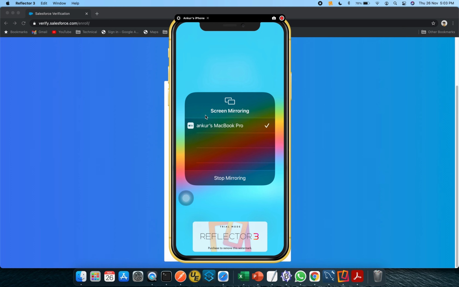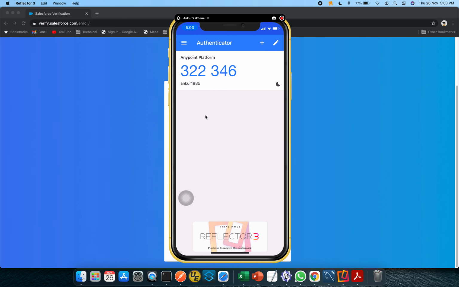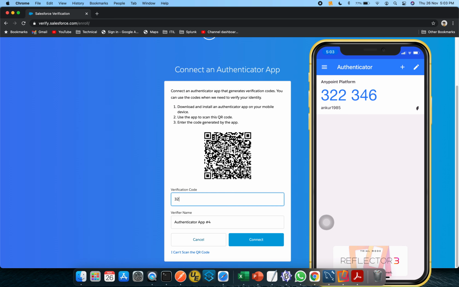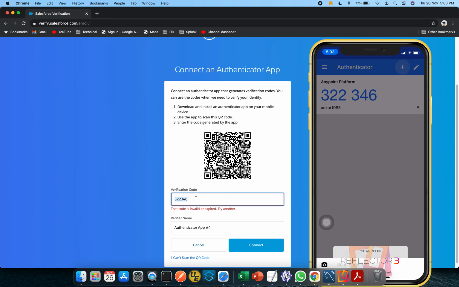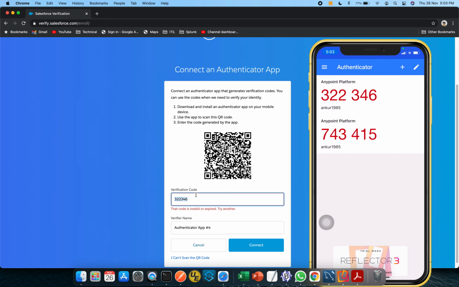So now I'm on my mobile. I will go to the Google Authenticator, and this is the code basically. So let's put it down, 322346. Click on connect. I need to add something new because I need to add a new entry, right? So just doing that.